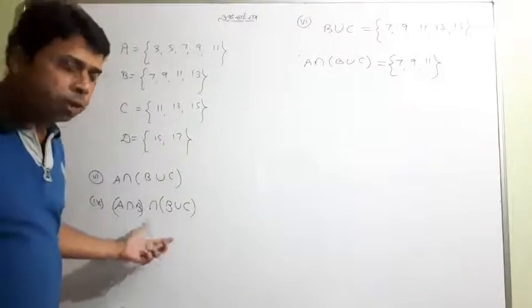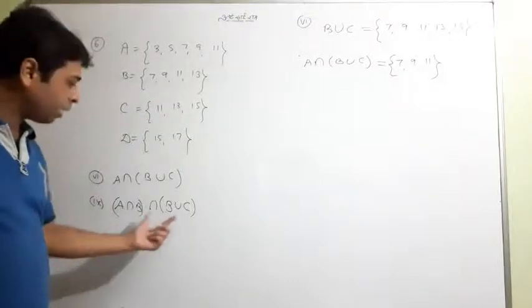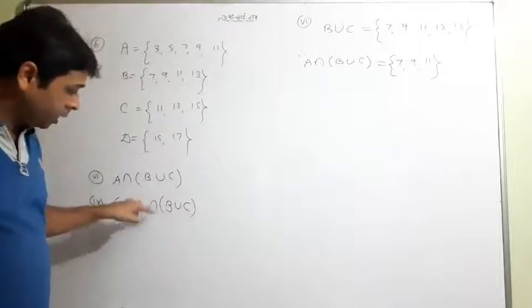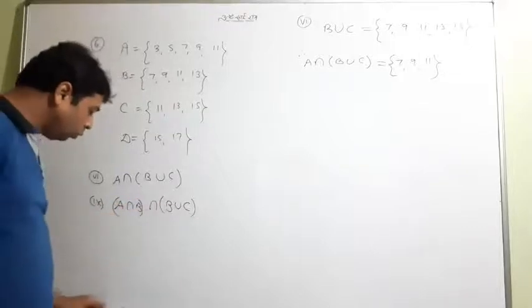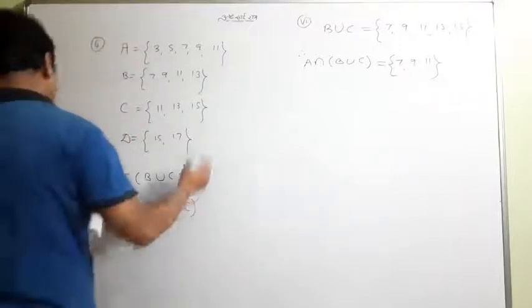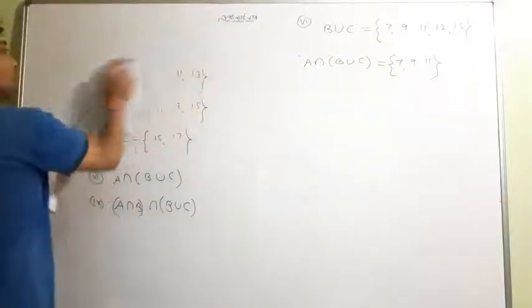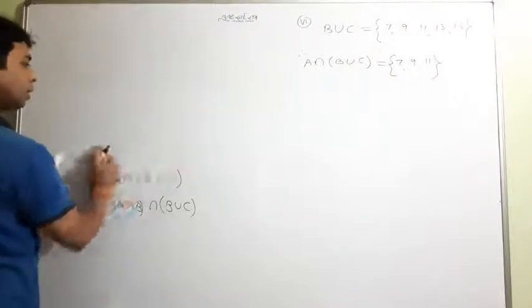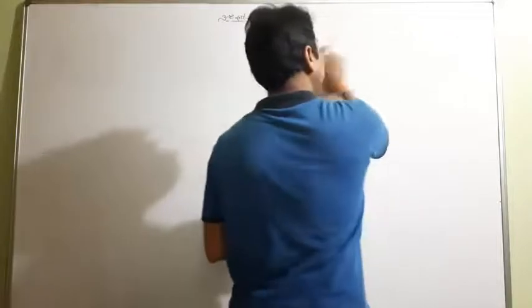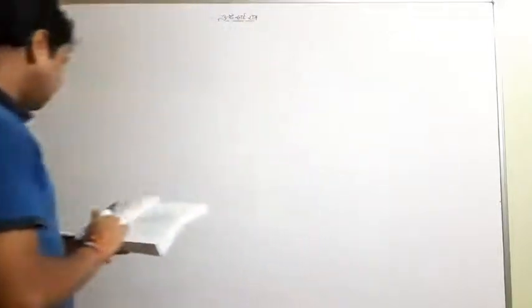What is your duty? First find A intersection B, second find B union C, and whatever the two sets will be obtained, find its intersection also. So that's on you. I'm not repeating all the questions here. So we want to go to the next section, meaning some other questions we want to discuss. Look at what can be taken. So I'll take some question like